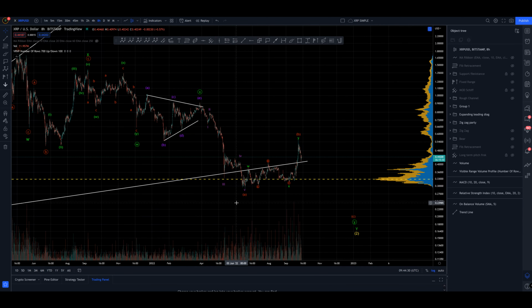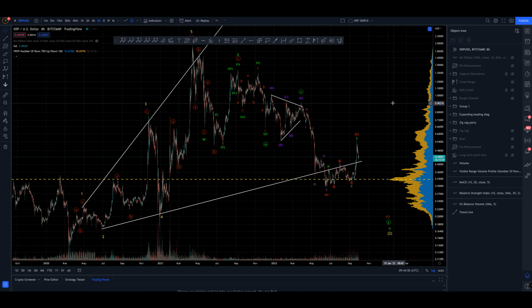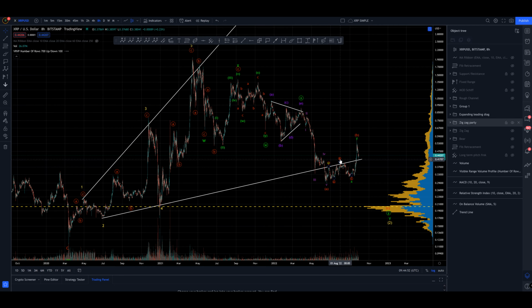This becomes corrective with W, A, B, C flat, X, and then Y, a zigzag here, into B, W, X, Y. And then we're going to turn down and put in 5 waves down of a C leg, of a Y of a double zigzag, of a larger Y of a double zigzag into a 2. So that's how you could argue that we have not bottomed yet, A, B, C, to come in this final